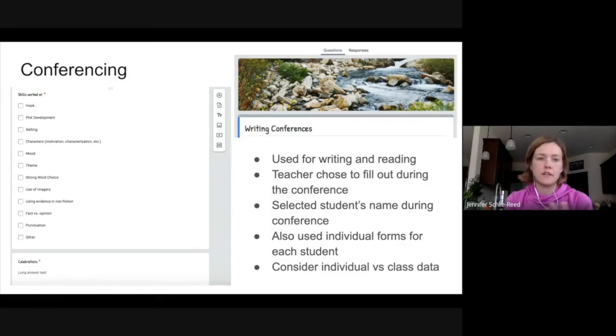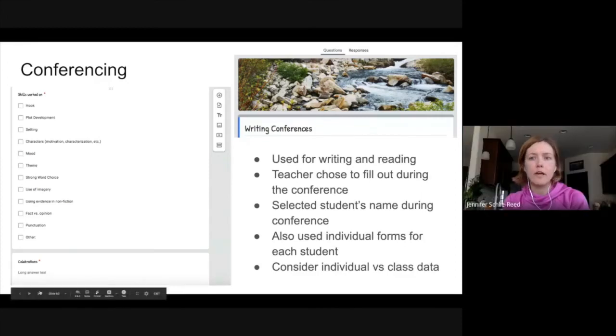She simply would select their name. She also occasionally had students fill these out, but found it more powerful to have it handed in herself. And you'll see here, and I have this in the handout, a copy I made with her permission, which shows how students were able to include their celebrations, and she could track over time where students were at. On the next slide, this is another,